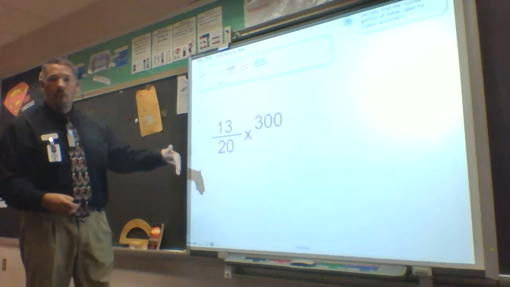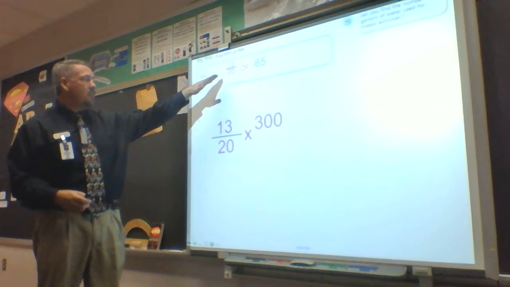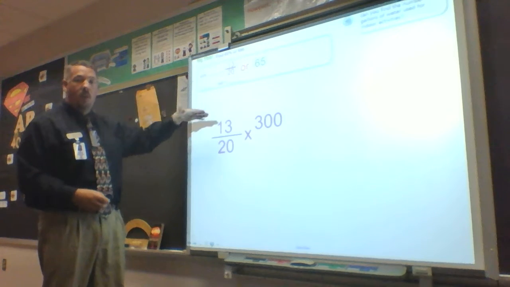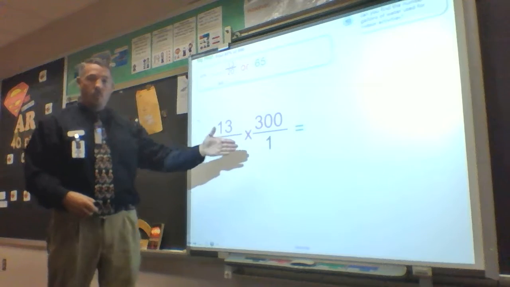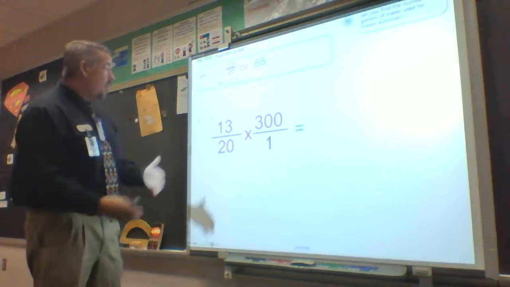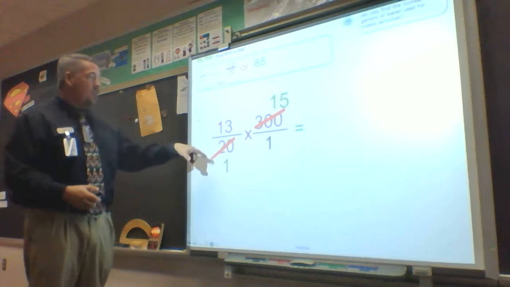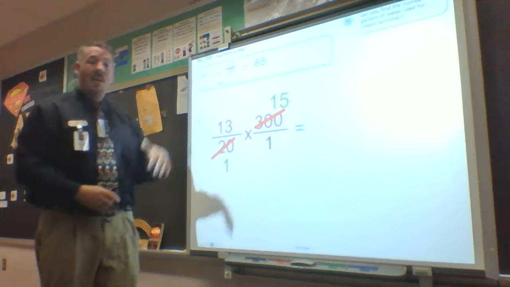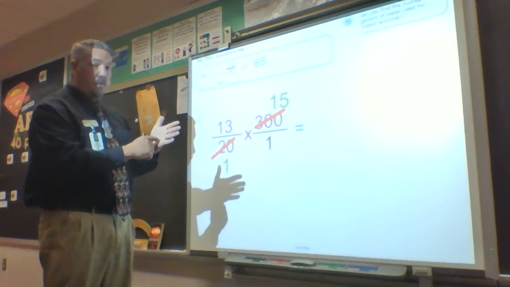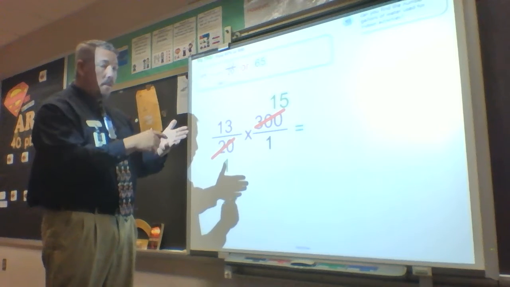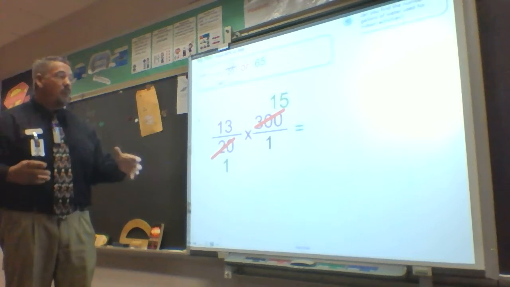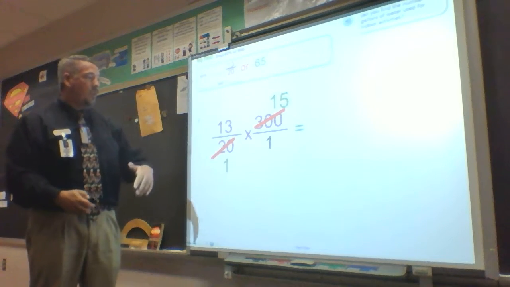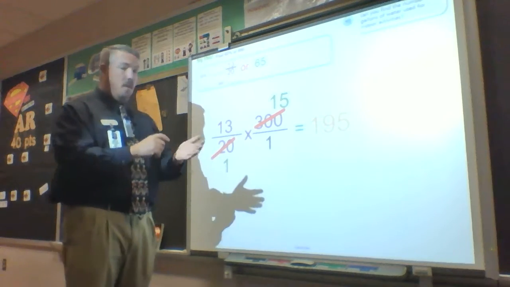So when I have 13/20ths times 300, once again, that's my fraction of 65%, 65 over 100. I reduce it down to 13/20ths. I put it over 1 because I can't use a whole number. I'm going to cross reduce. 20 goes into 20 once. 20 goes into 300 15 times. If you don't see that, handy dandy calculator, type it in. 300 divided by 20 equals, you're going to get your 15. It's much easier that way. And then this is all the steps you need to show me. I'm left with 13 times 15. Once again on my calculator, 13 times 15 equals